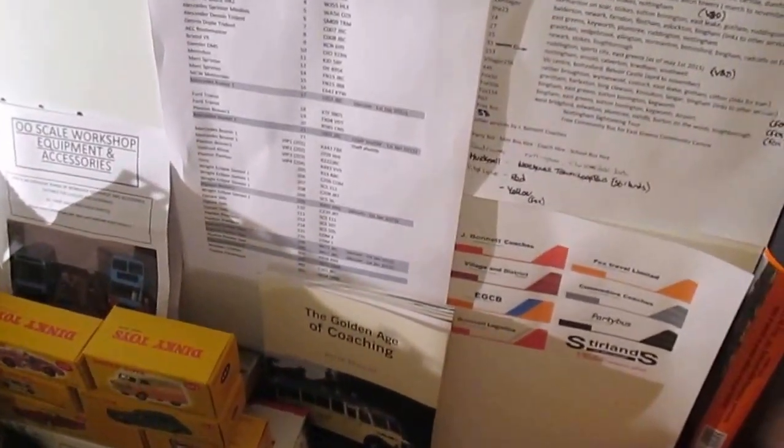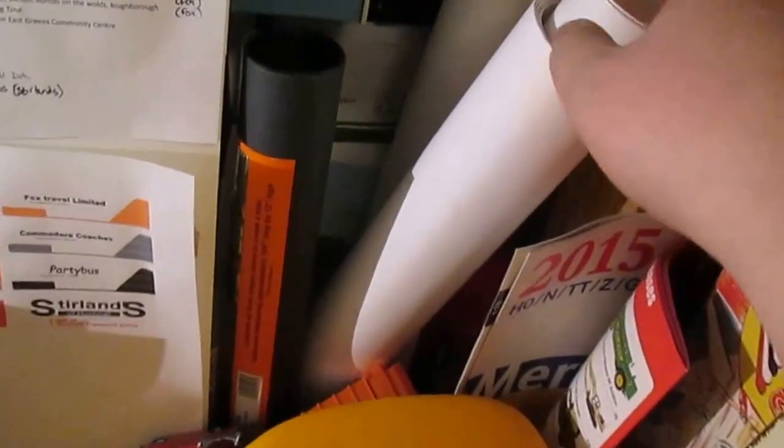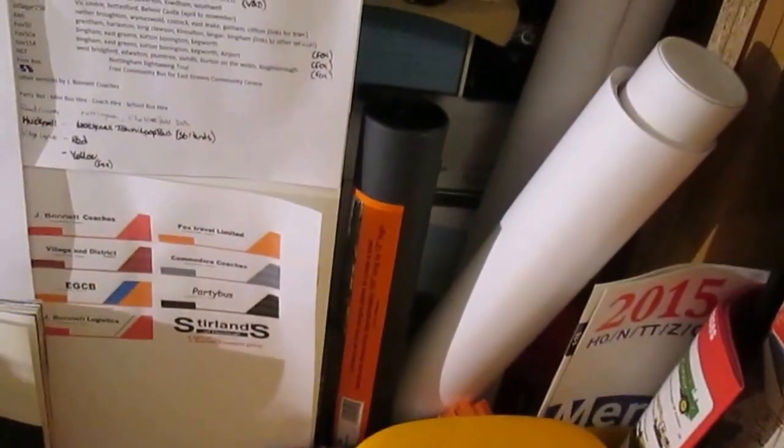I've also got another tube here, which I'll show you in a second, which is from the same website. Some of these models will be going on sale to GD Models. I'm going to be taking them into trade because I need some quick cash,